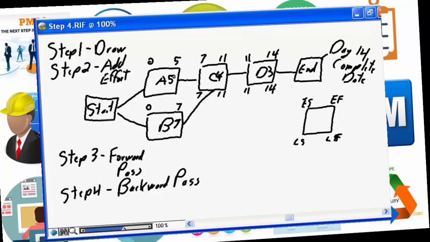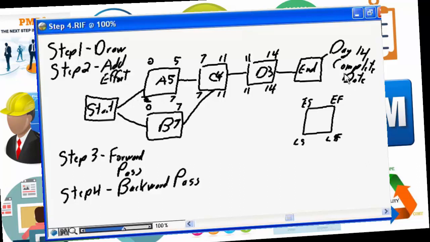Now, as we work backwards, in order for C to start on 7, A must be finished on 7, not 5. In order for C to be able to start on 7, A must be finished by 7 because that's our dependency. And if we take 7 minus 5, that's going to say the latest possible start date for A is going to be 2. That's telling us that A does not need to start on day 0 of our project. A could be delayed as late as day 2,